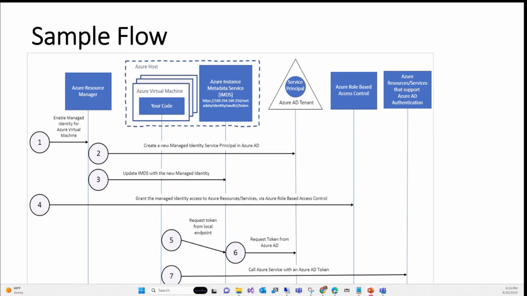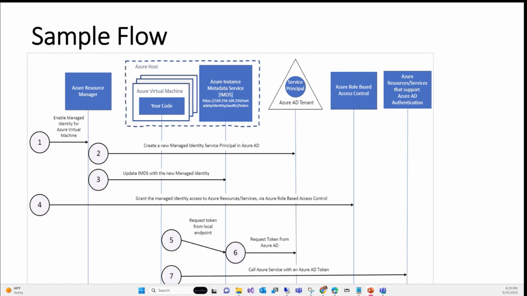Okay, so you first enable the identity. Once you enable the identity, it registers in the Active Directory, which we are not going to talk about. So let's go here. Step one, in the virtual machine, enable it. Then create a new managed identity service principal in Azure AD. So as soon as you enable the identity, it goes to Azure AD and creates that application, which is a hidden application, by the way. Okay. Well, if you look at this diagram, before that AD triangle and then the first box, there is a host, right?